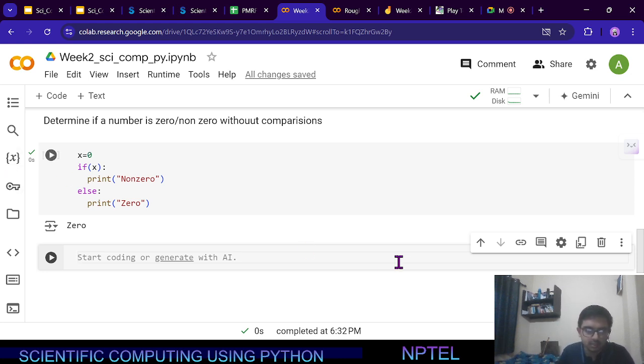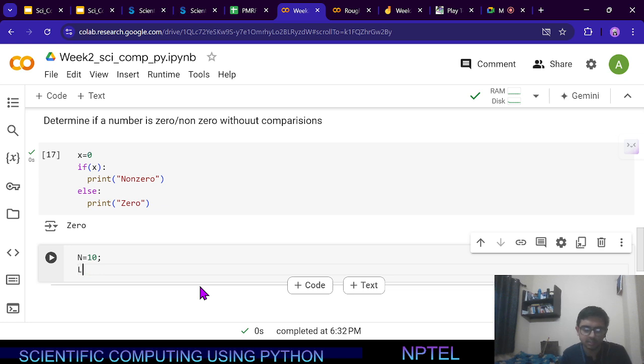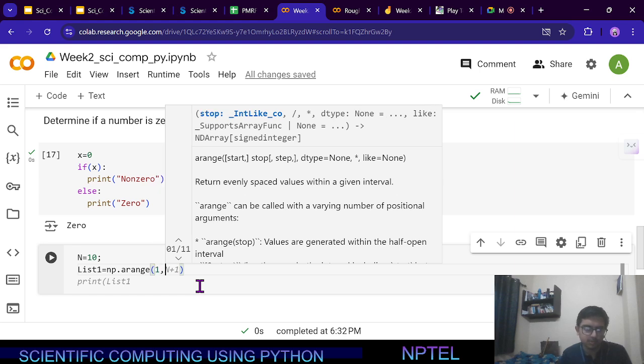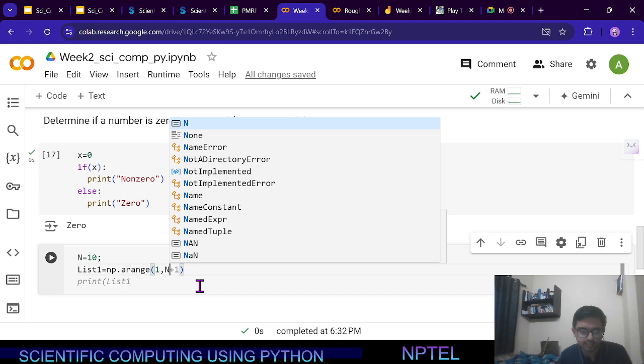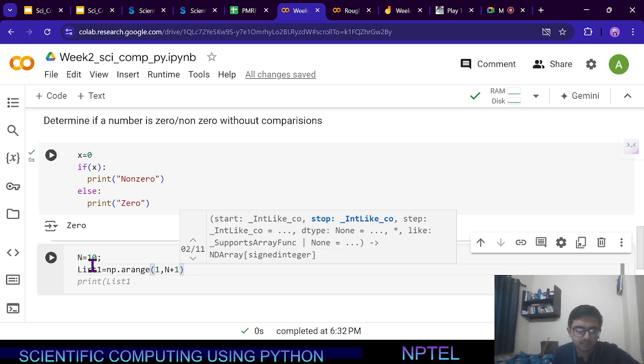Now let's go to the for loop, and let's try to make an array which is the square of natural numbers up to some n. So let's say n is equal to 10, and now I want to print the squares of these numbers. So first let me make a set or list. Let me call it list 1, which will be the set of natural numbers. So np.arange, then I want 1 to n, but as you can see the computer tells me to do n plus 1 because it is trained on millions of codes, so it knows that most people when they start with 1 want n plus 1. Why? Because we want n to be included, so we want from 1 to 10. So arange goes from 1 to n plus 1, so that when you print the list,